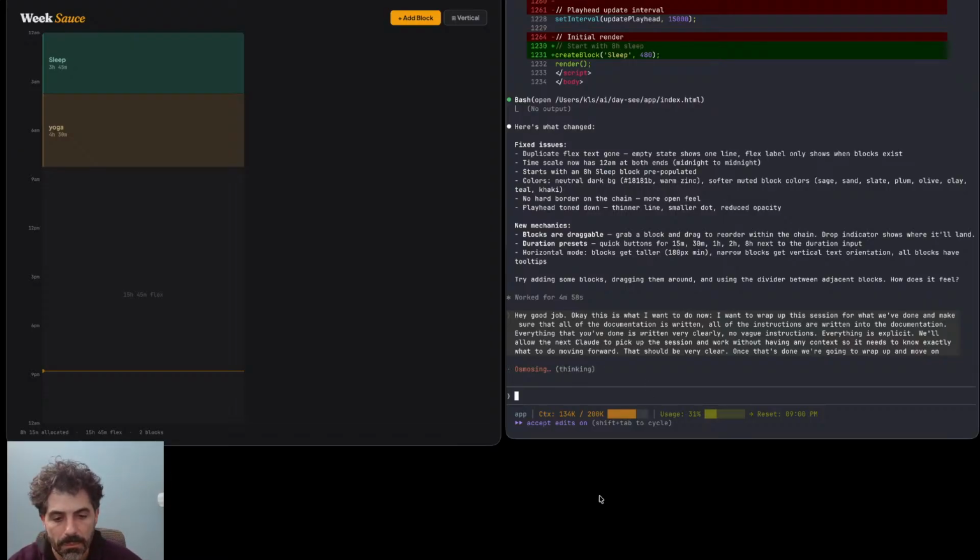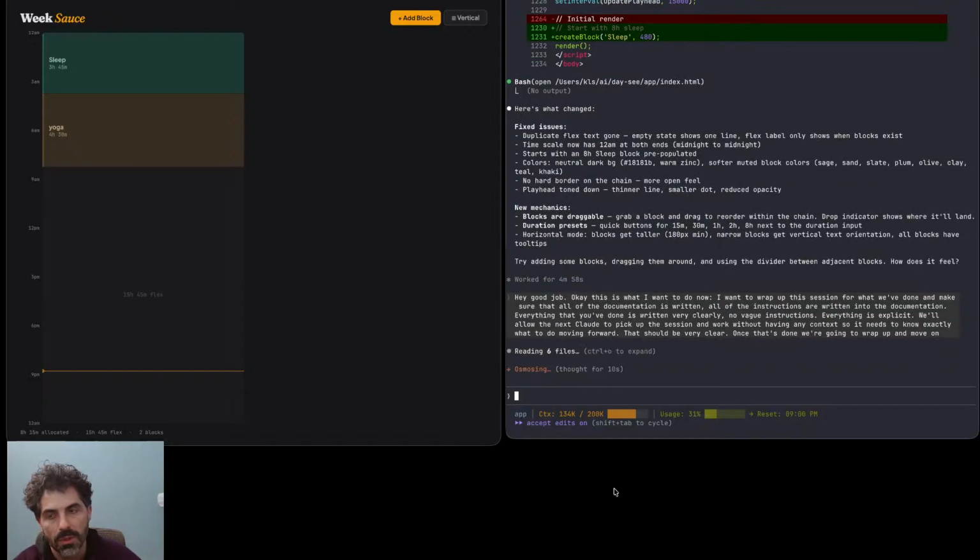Some ideas based on looking at this prototype. It's actually so valuable to start prototyping